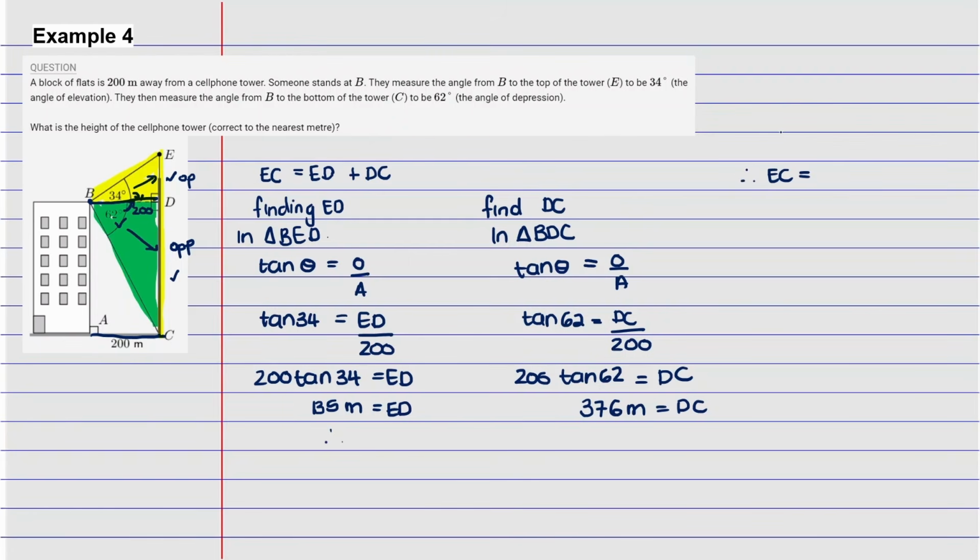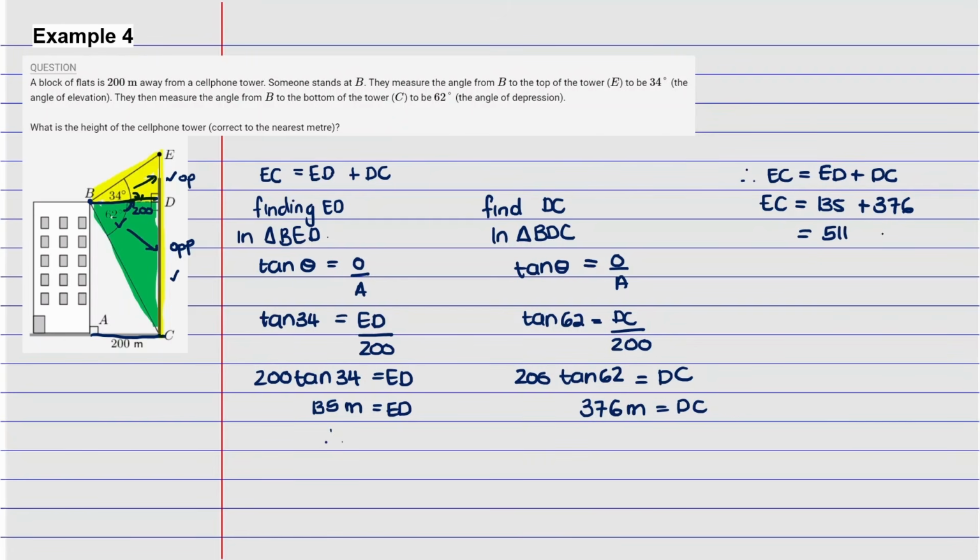EC is going to be equal to ED plus DC, right? So therefore, EC is equal to what? It is equal to 135 plus 376. Add them together, and we see that the length of the tower is basically equal to